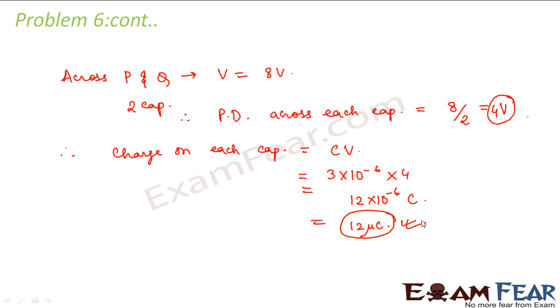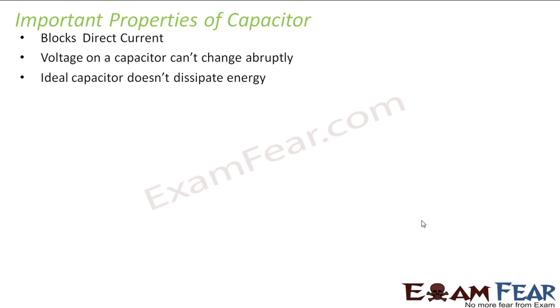So now that we have studied everything about capacitors and tried solving many different types of problems, I don't think you should have much issue in solving different varieties of problems related to capacitors. Finally, let me point out some important properties of capacitors while discussing the numerical problems. First thing is, a capacitor always blocks direct current. It passes only alternating current. So please remember this while solving problems.